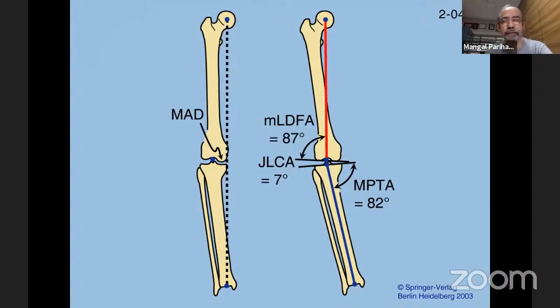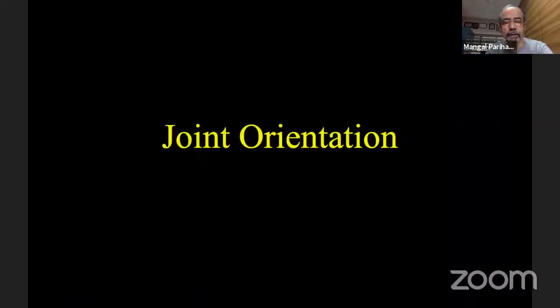When this significant varus in the femur and tibia goes on for long enough, the lateral structures will get stretched and you will have a JLCA which is more than 2. So that is something again that comes into the planning. You will hear about it more when we talk about HTOs and stuff in upcoming webinars. How do we factor in this soft tissue? Do we correct that or do we just factor it into the amount of correction, etc.